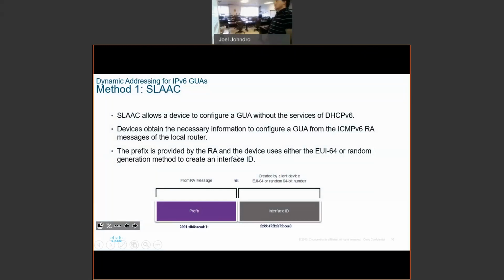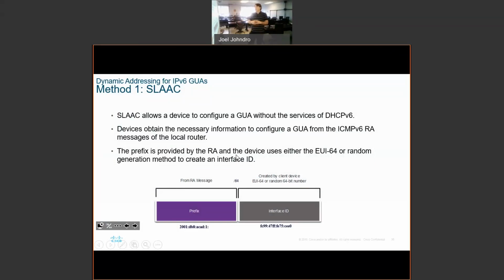So there's three methods for a router to assign an IPv6 address to a host. Method one is SLAAC, and SLAAC is kind of the default method, if you will. When you enable a router to handle IPv6 packets, it will automatically use SLAAC unless you tell it to do something else. When you use SLAAC, you configure the interface on the router with the GUA's routing prefix, the first 64 bits of the GUA,